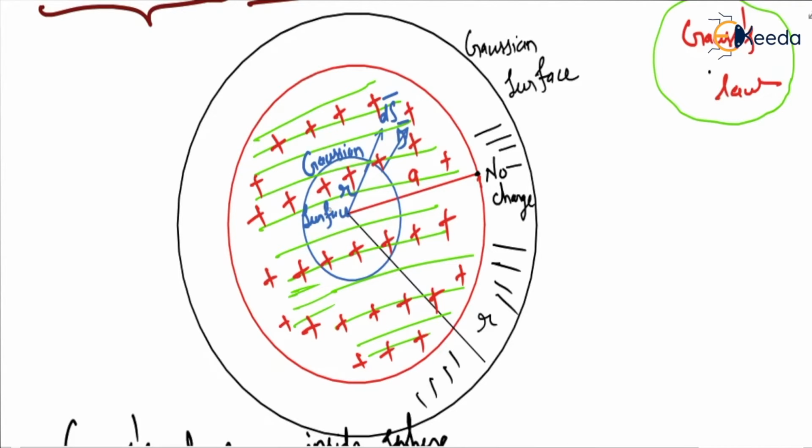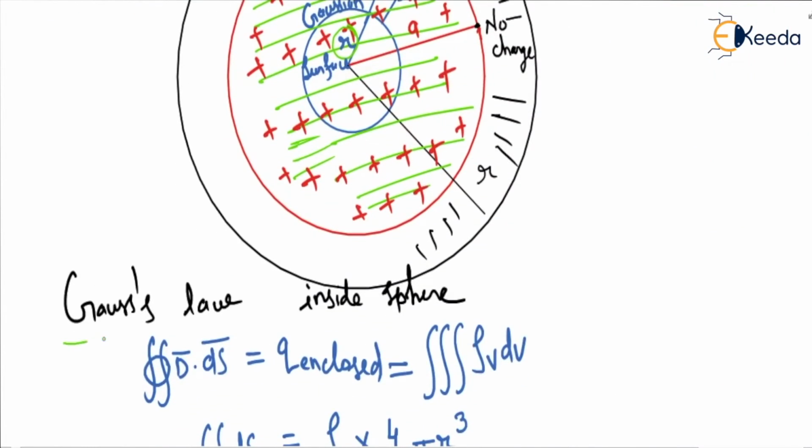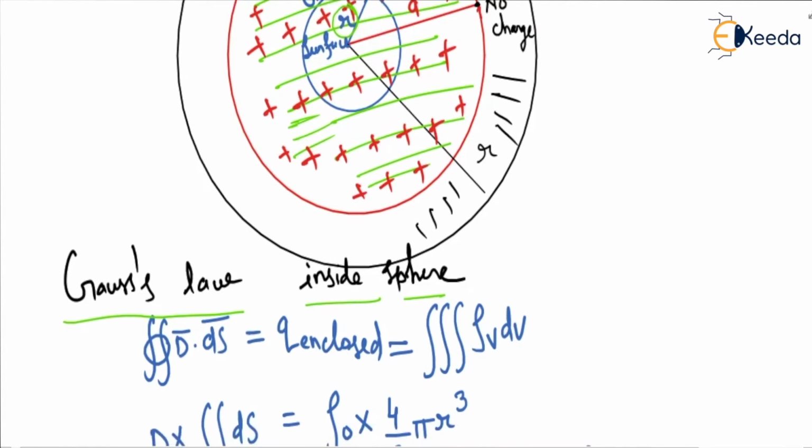and we will assume one Gaussian surface. Gaussian surface is here a sphere having radius r, but r is less than a. When we calculate the outside, then r will be greater than a. So we are applying Gauss law inside the sphere, and the Gauss law is